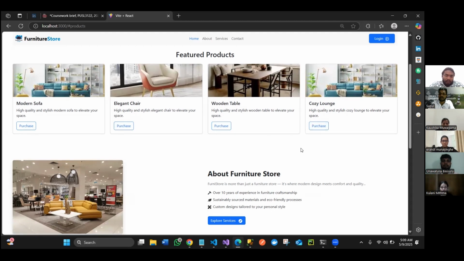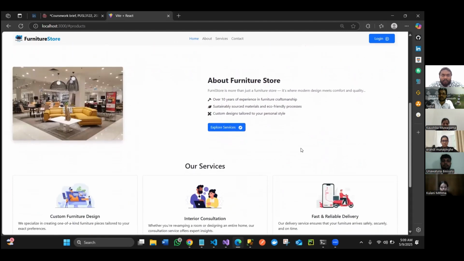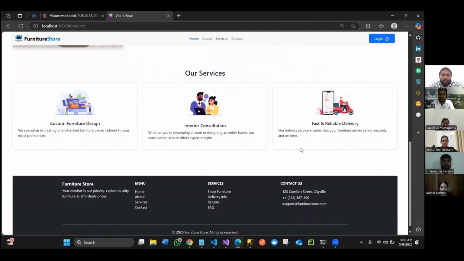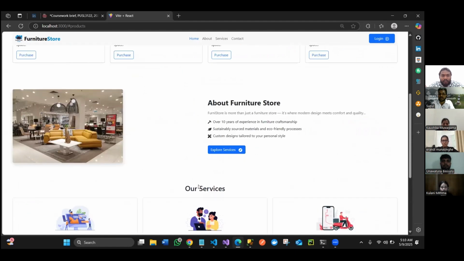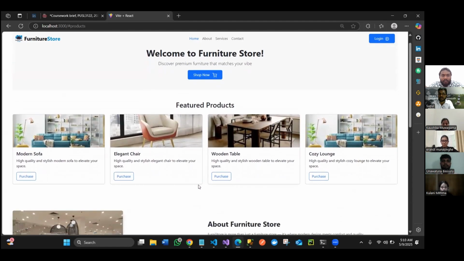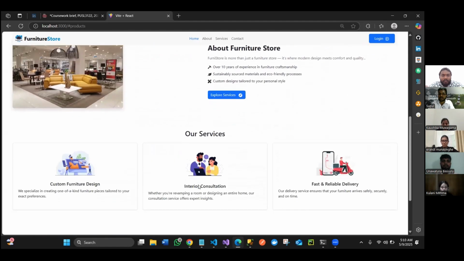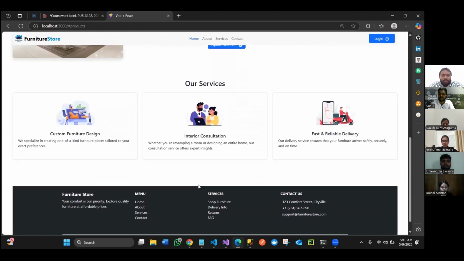Additional sections introduce the company's core services such as custom furniture design, interior consultations, and reliable delivery. Lastly, there is a footer which contains all the contact details and easy navigation links. This homepage sets the tone for a user-friendly and visually engaging experience, guiding both customers and designers to start their